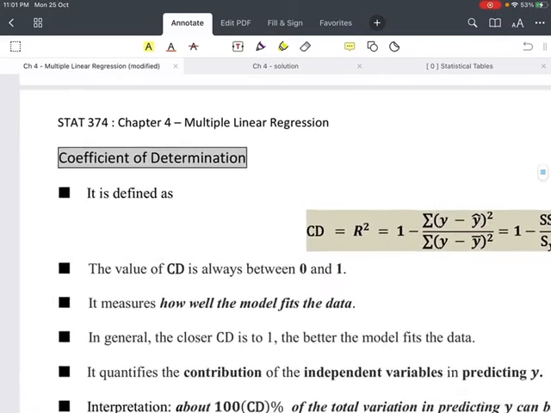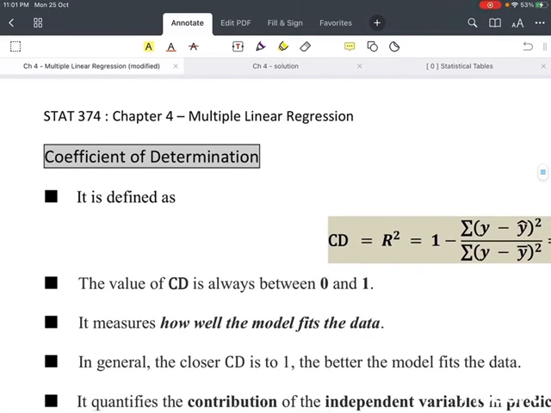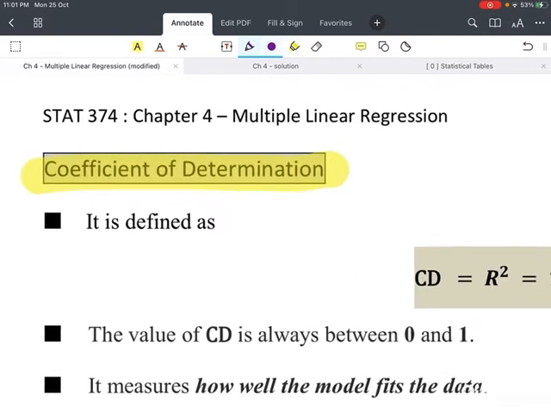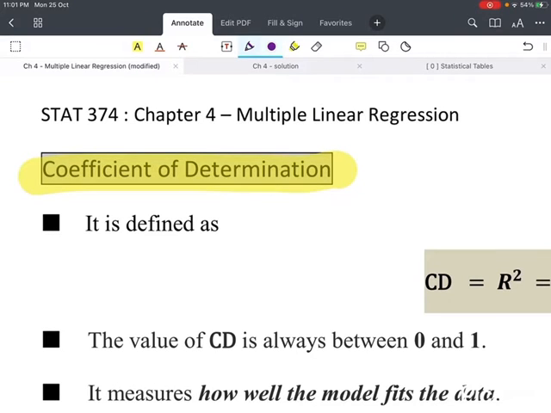أوكي، فمن اسمه determination يعني يحدد إلي. أوكي، يحدد إلي هذا المعامل، يحدد إلي هل الموديل قاعد يوصف البيانات بشكل جيد أو لا. فإذا لما أقول coefficient of determination، okay, this coefficient determines whether the model fits the data well or not. Okay, so the coefficient of determination يقيس إلي شنو؟